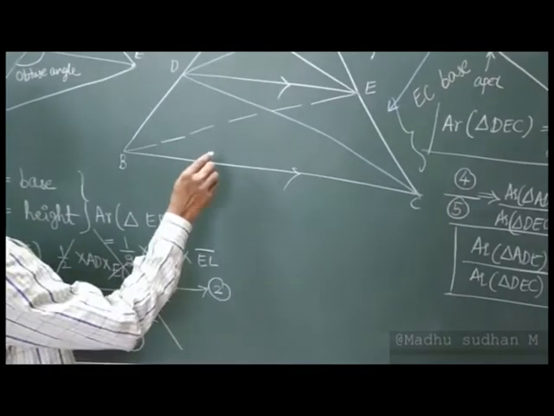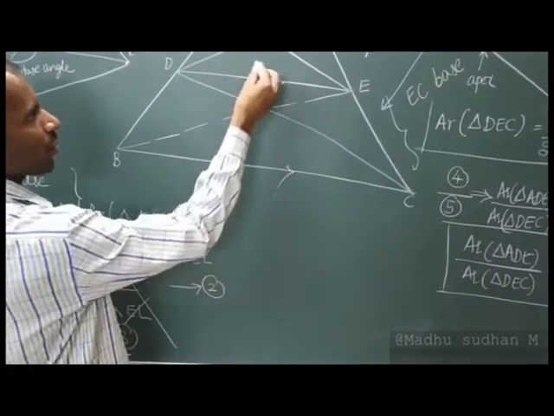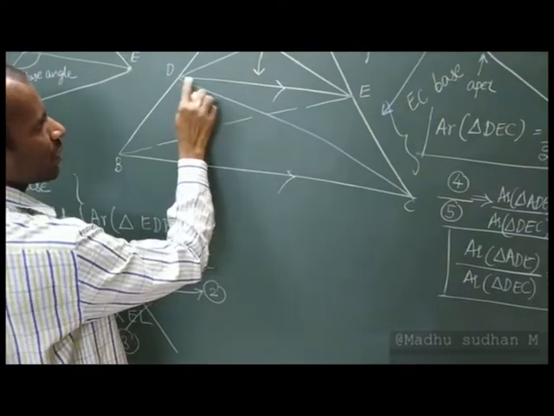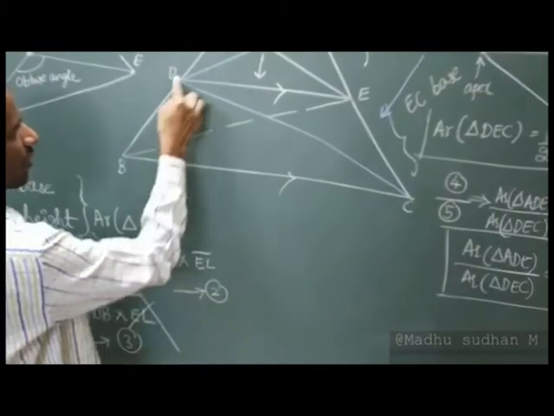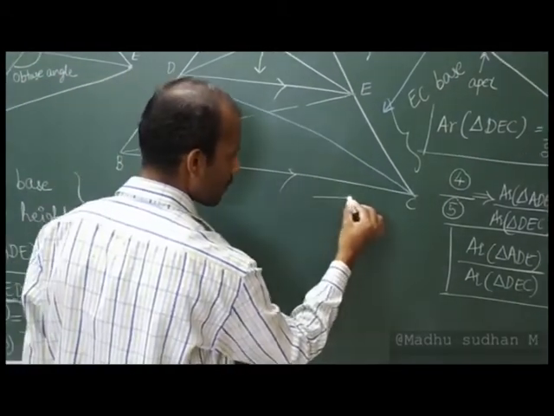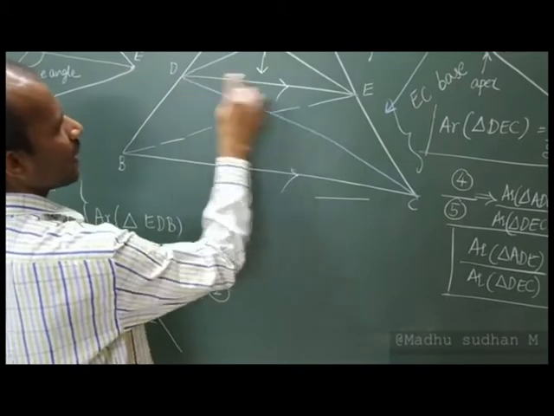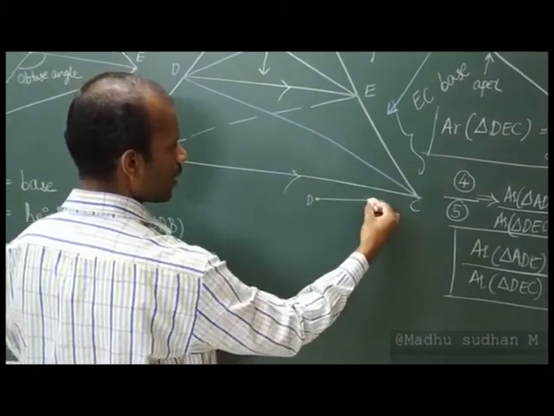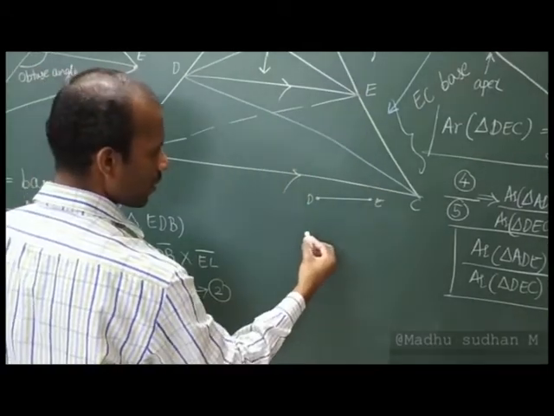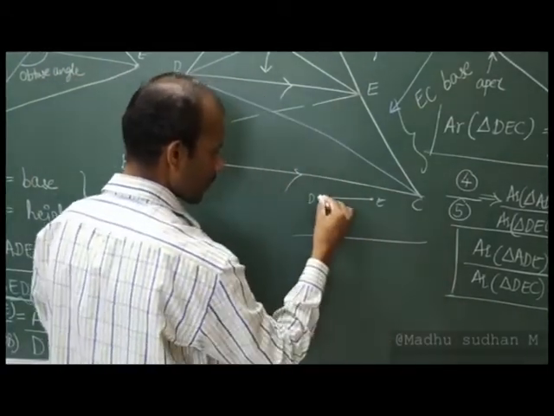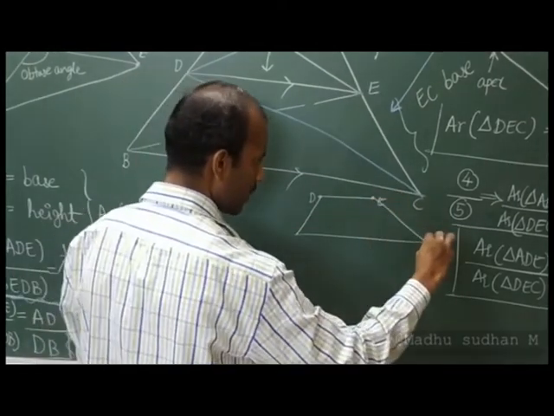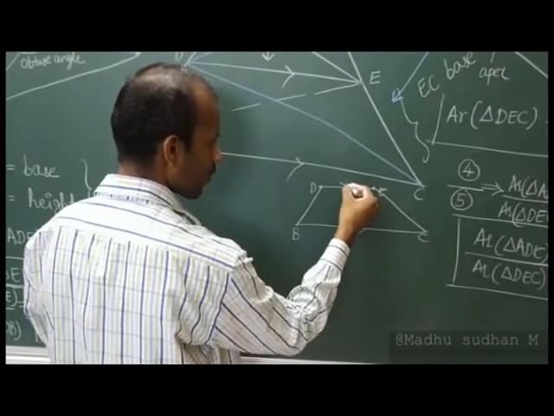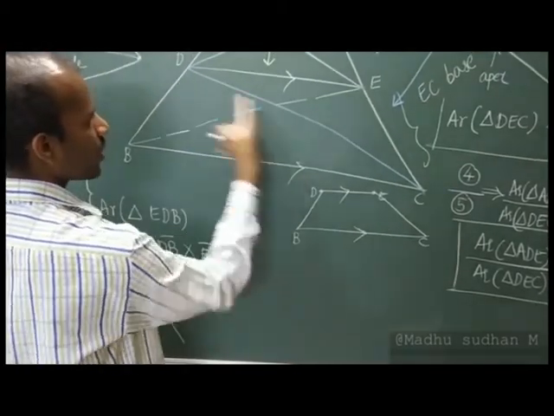So observing the next point here. So please observe, you are looking from this side now. If you are looking from this side, can you find this trapezium here? You can find one trapezium. It is like this. So this is my D and E, right? You can find B and C, right? So this is B and C. And these two are parallel, right? These two are parallel.